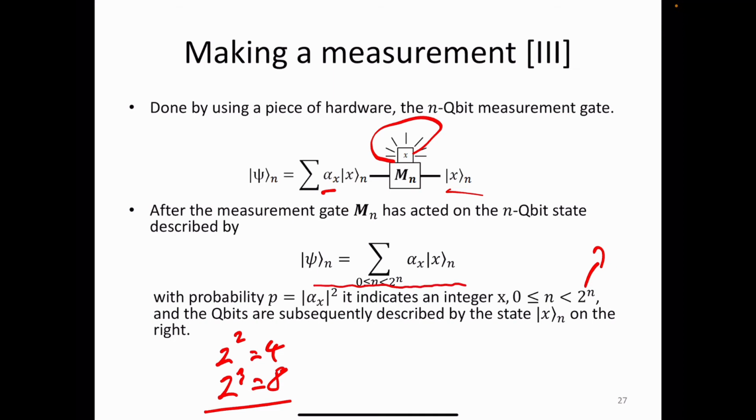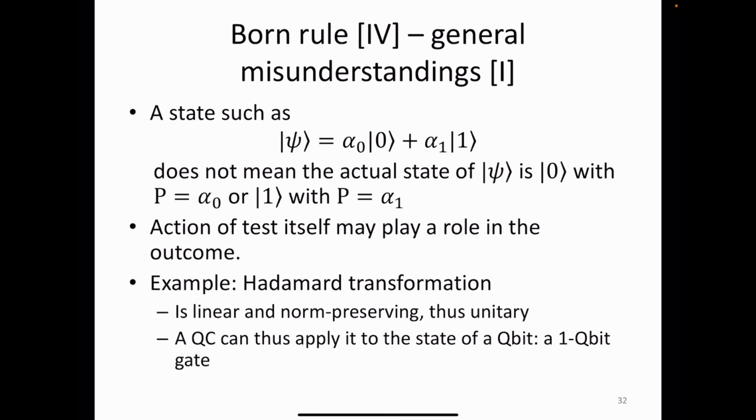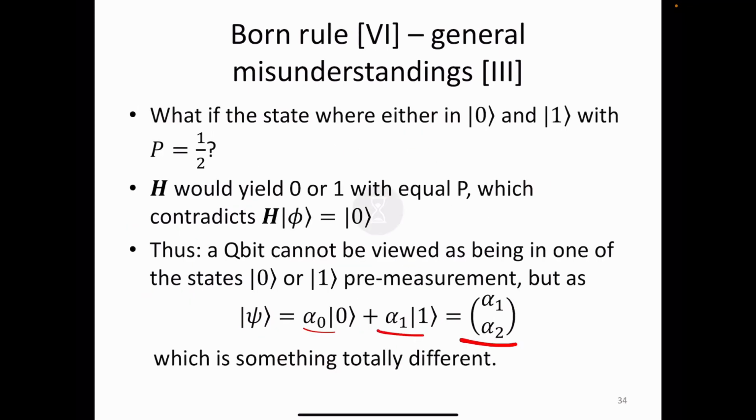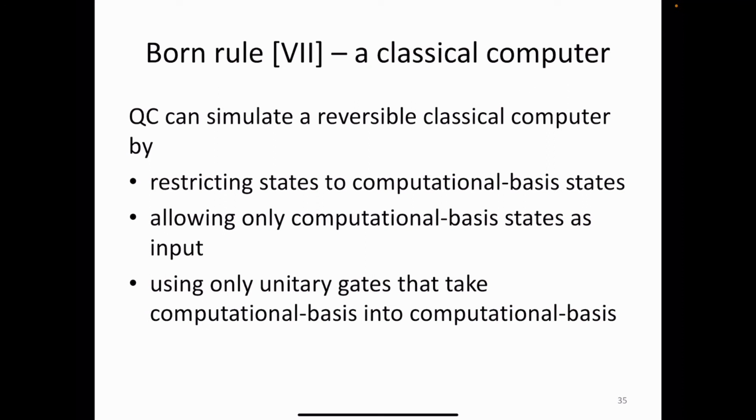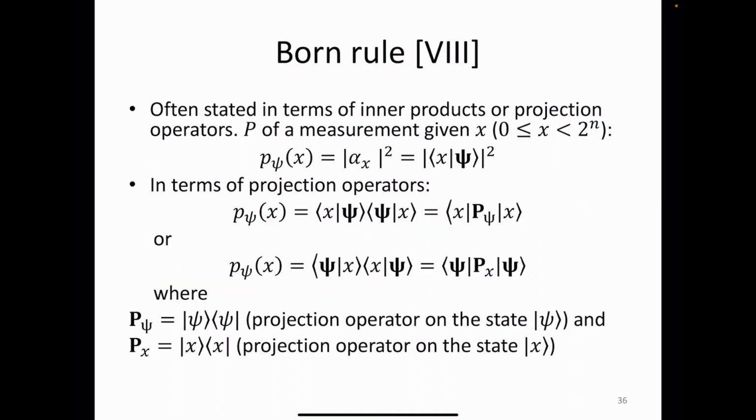So if we keep that in mind, relating the amplitudes in the expansion that we just saw of a general n-qubit state psi to the probabilities of measuring x is often stated in terms of inner products or projection operators, as we just saw before, right? So we did the projection operator, which for 0 and 1 always projects on the state 0 and 1, which you can get by doing the outer product, and the probability of a measurement giving the result